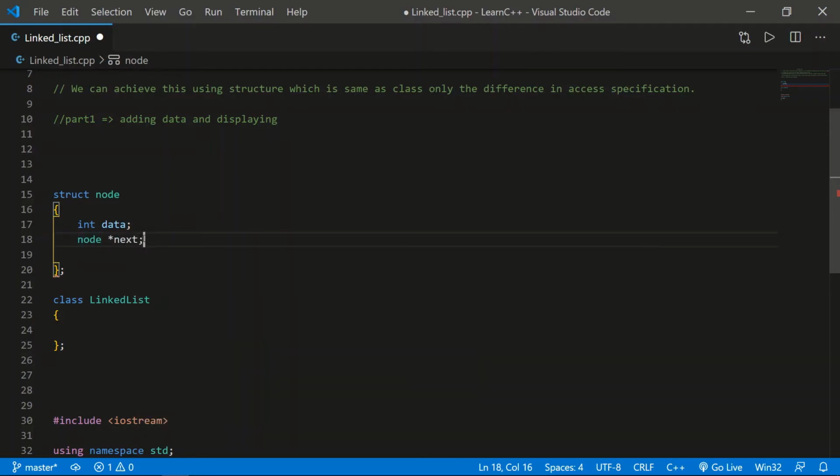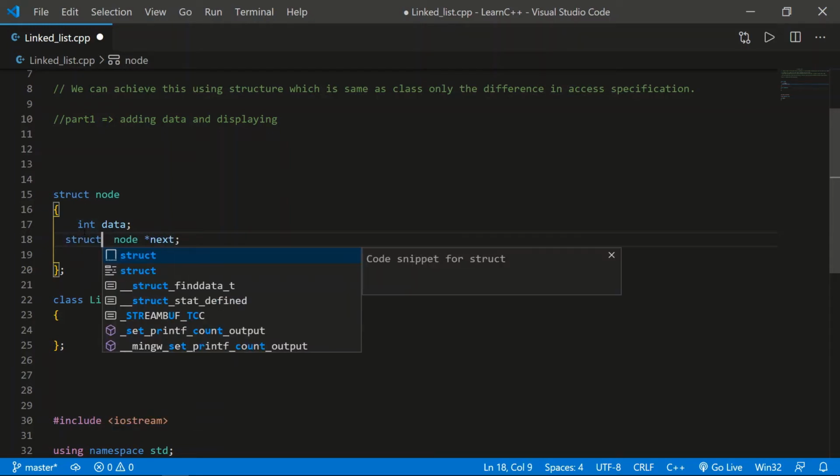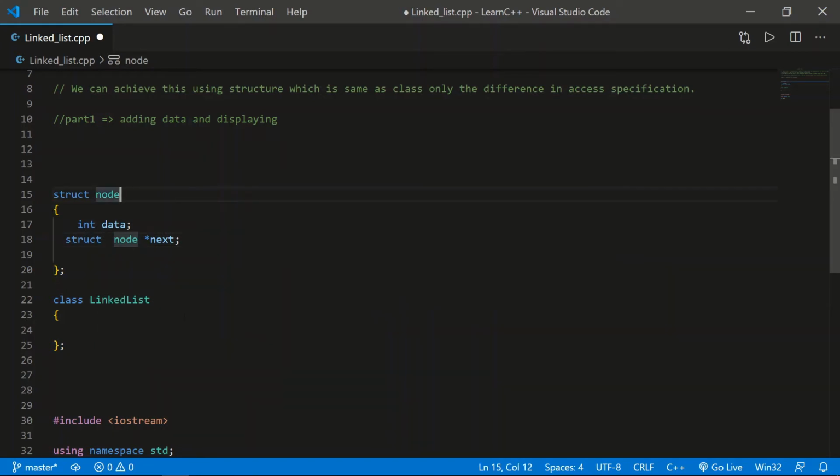And in a structure you should be careful that whenever we are giving an address or an object of it, we should write the word struct, so you understand that it's not a class, it's a structure. I hope you got this. This is how a node looks. I said a node contains two parts, so we are adding just two parts. If you want to add different functionality, you can add whatever functions.